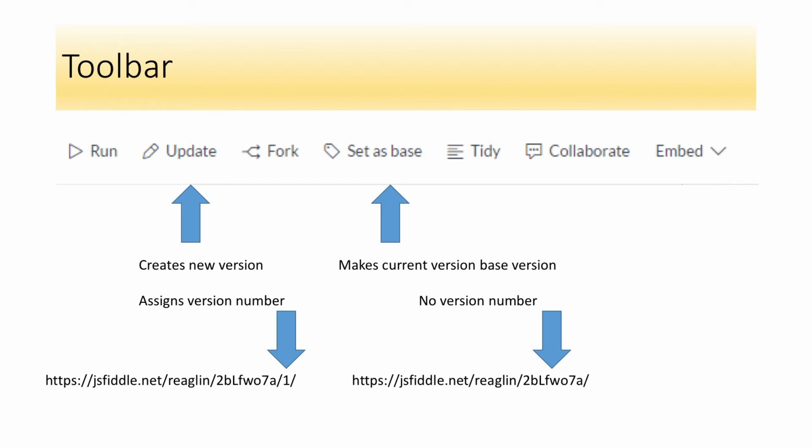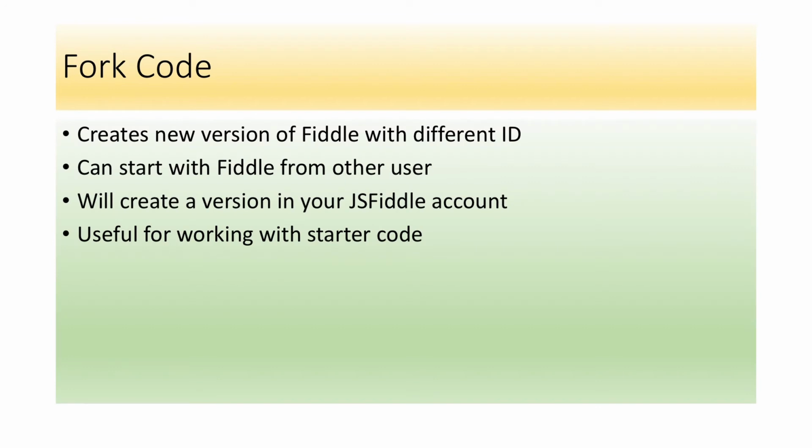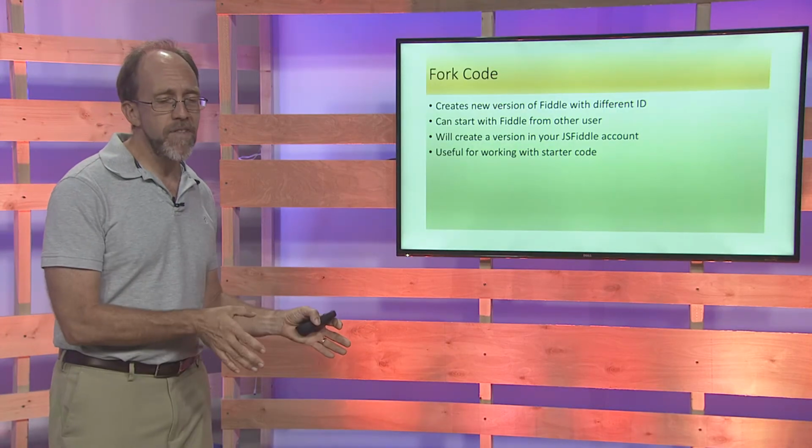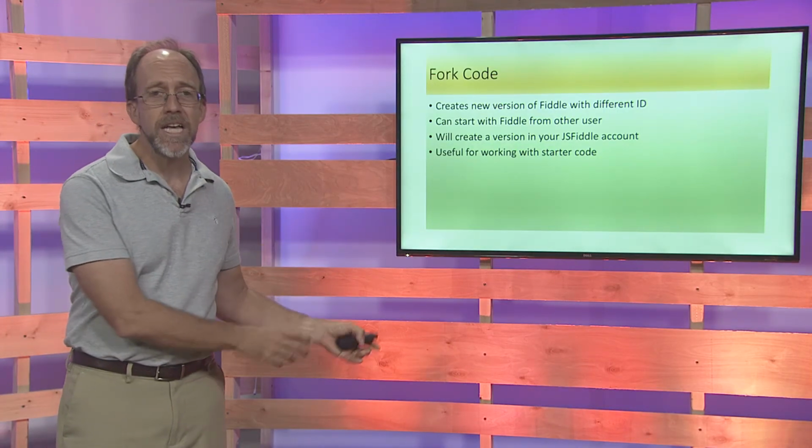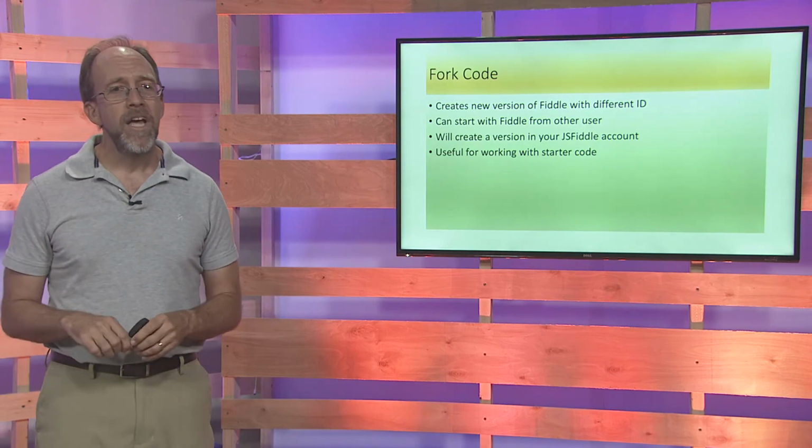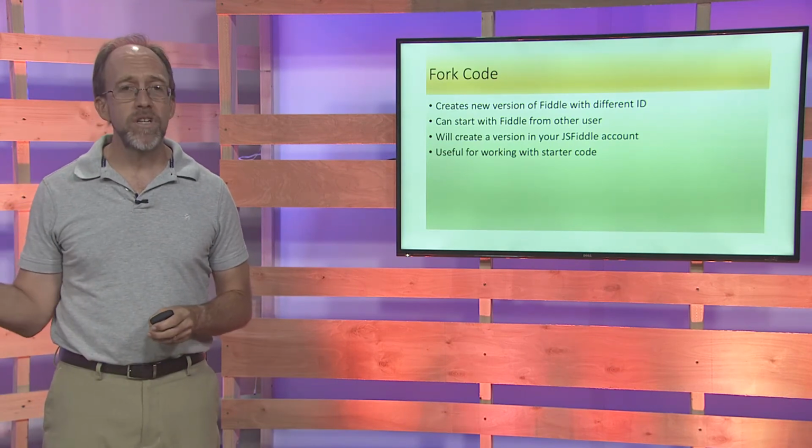Forking code, it does sound bad, is something that you will want to do on a regular basis, okay? And sometimes you're going to think that's what the code actually is. But forking code says, I've got a version of code that can belong to you or to somebody else. I want to take that code, I don't want to mess with that base, I want to start off in a totally new direction and see if something works. So what it does is it makes a copy of it and allows you to go off on a tangent,